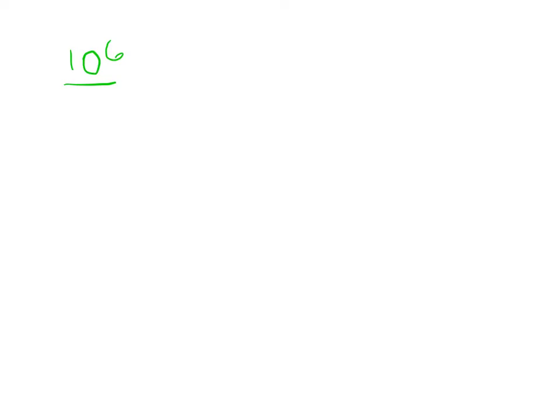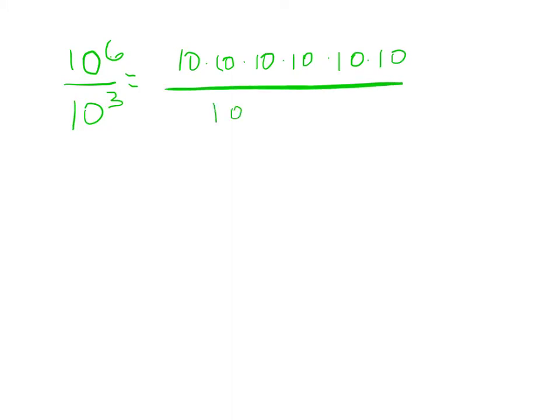10 to the 6th over 10 to the 3rd. And that's a division problem, 10 to the 6th divided by 10 to the 3rd. And we know we can just subtract these two exponents here to find our answer. But we're going to show it this way. Now I've got 6 tens over 3 tens. And now these two will cancel out and become 1. These two will cancel out and become 1. These two cancel out and become 1. So I'm left with